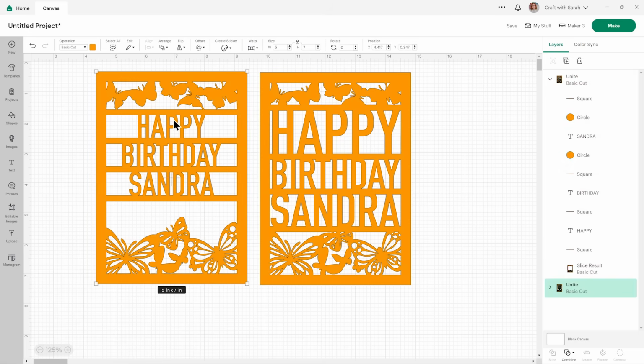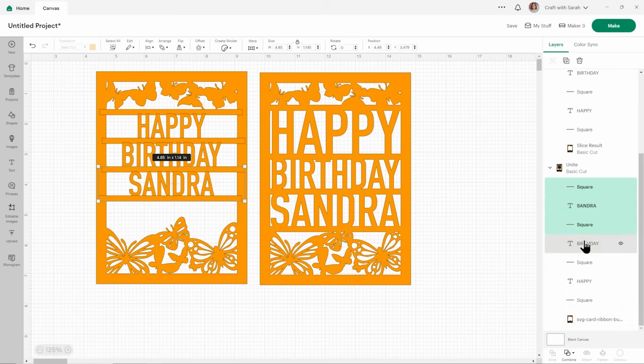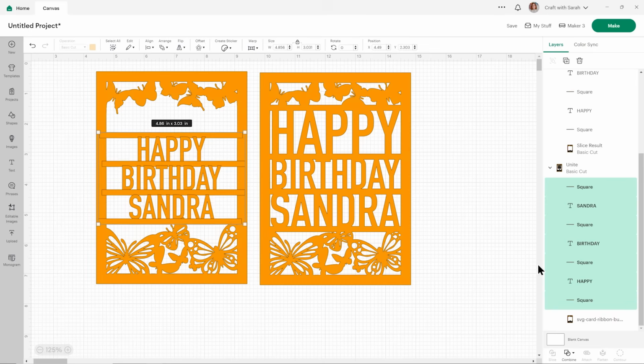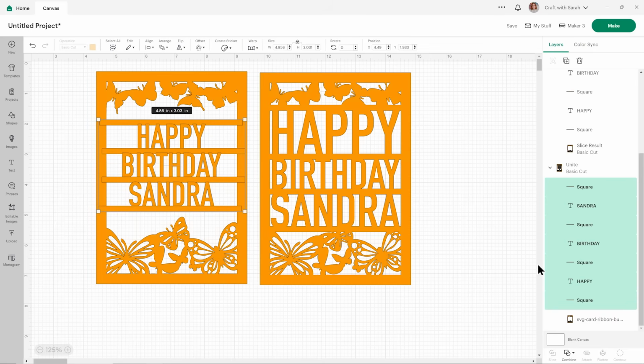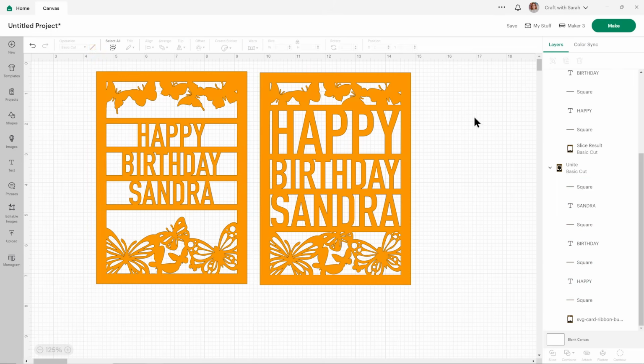If you wanted to, on this one, to put the text more kind of centralised, you could do that. So let's select all those text bits and just move it down a bit more into the middle. It doesn't matter that it's not touching the butterflies because it's still nicely touching the edges, so it's still all going to cut as one piece. There we go. I think that looks a little bit neater.